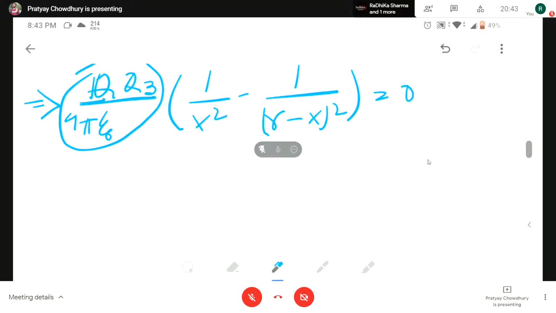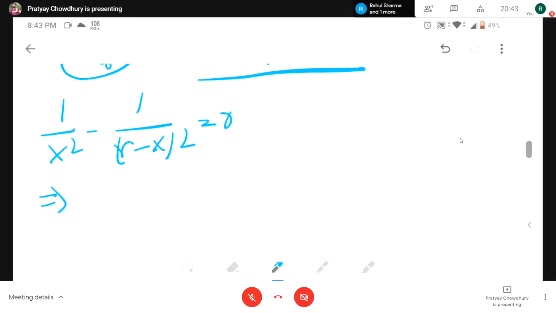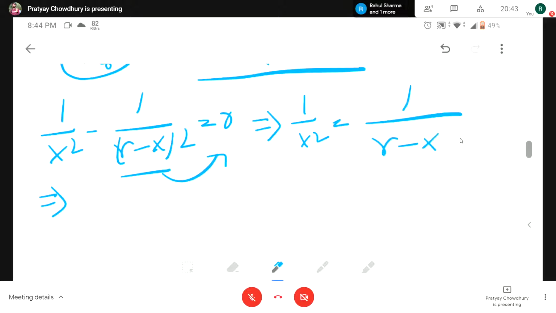So this has to be 0. So 1 by x square minus 1 by (4 minus x) whole square is equal to 0. If we take this to this side, we will get 1 by x square is equal to 1 by (r minus x) whole square. And by doing some mathematical manipulation, we'll get x square minus (r minus x) whole square